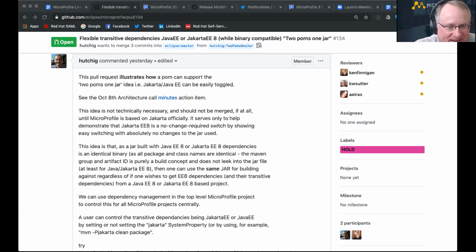Yeah. Okay. Next topic is Alex, logging. Okay, so I met up with Heiko, sadly a long time ago now, about trying to continue my efforts with the logging spec.